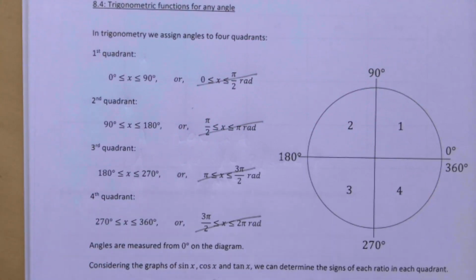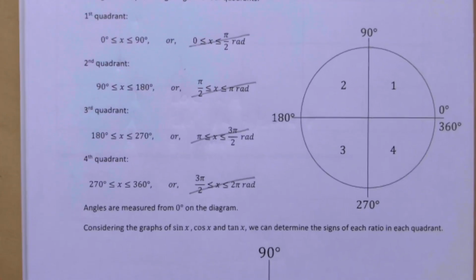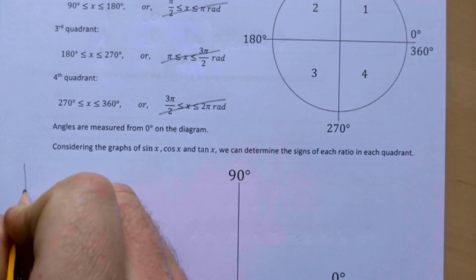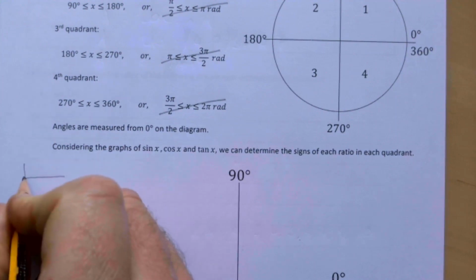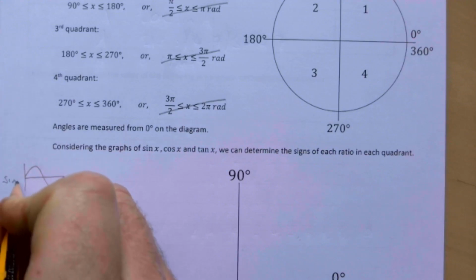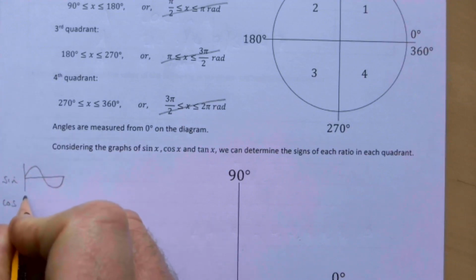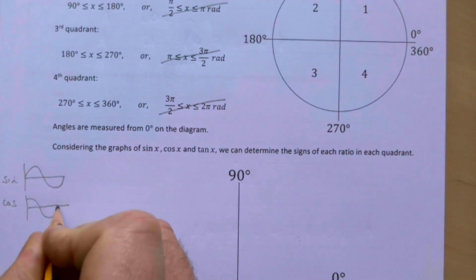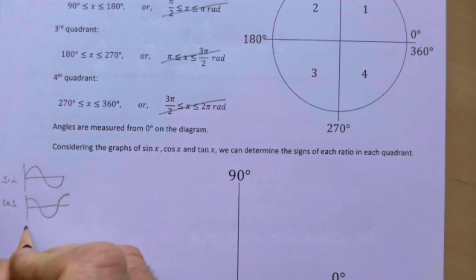Consider the graphs of sine x, cos x, tan x. We can determine the signs of each ratio in each quadrant. I'm just going to do some tiny wee diagrams here so you can get an idea. The graph of sine between 0 and 360 looks like that. So that's the graph of sine. The graph of cos looks like that. And then the graph of tan